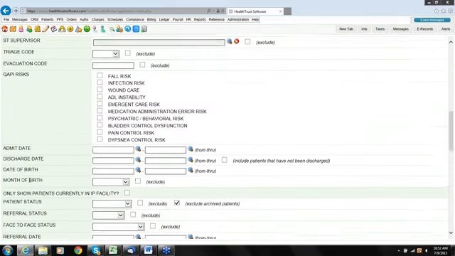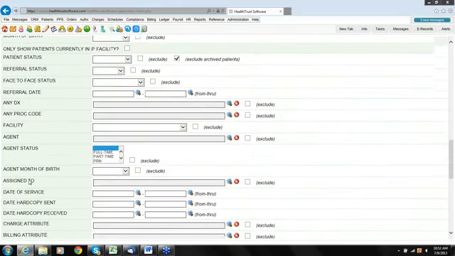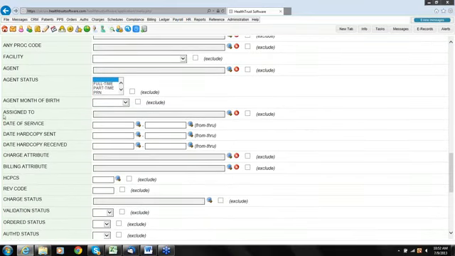Okay, what I'm going to do is scroll through a lot of these filter options. Once you get down to the date of service, you can change or enter a date range if you want to run it for a specific date range. If you're running this report for the first time, you may want to run it wide open. Then you can run it on a weekly or monthly basis just to make sure that everything